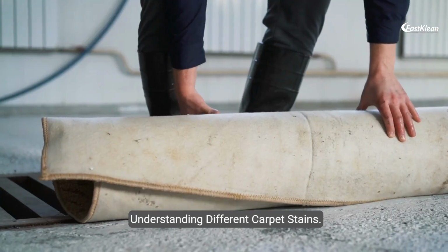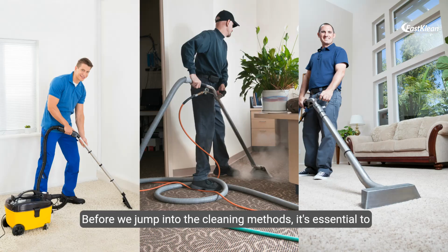Understanding different carpet stains. Before we jump into the cleaning methods, it's essential to understand the different types of stains